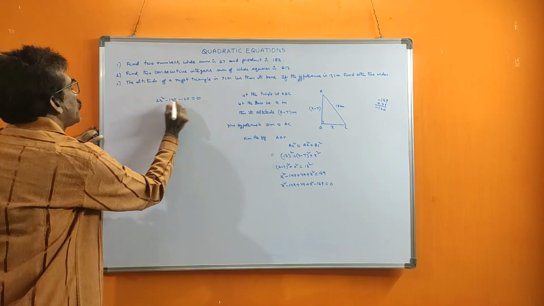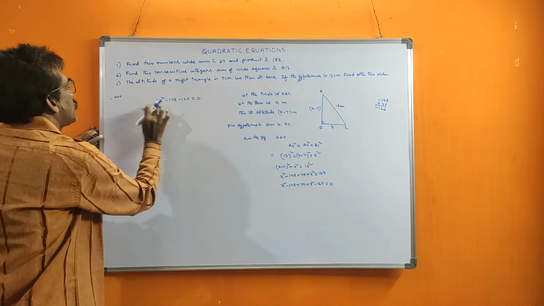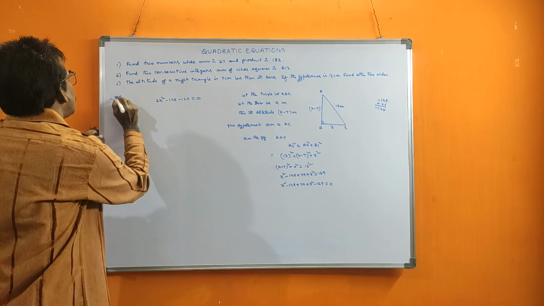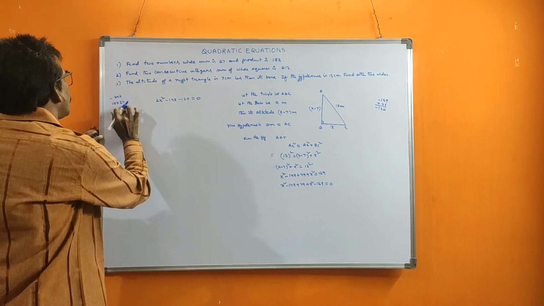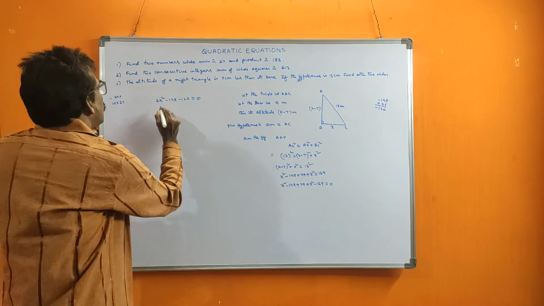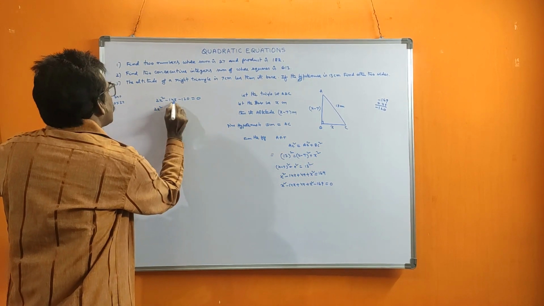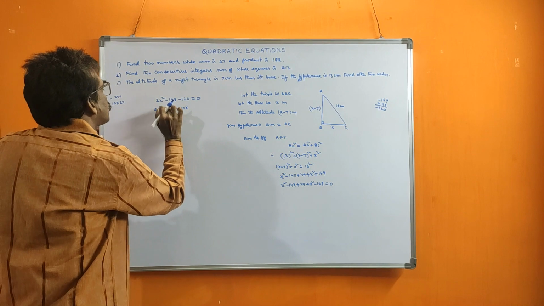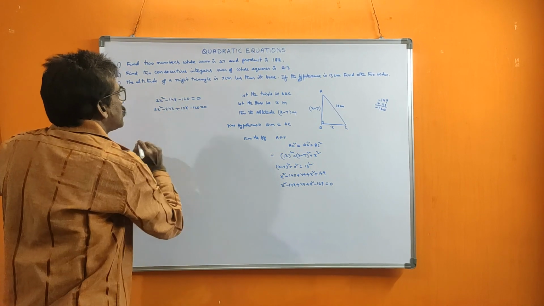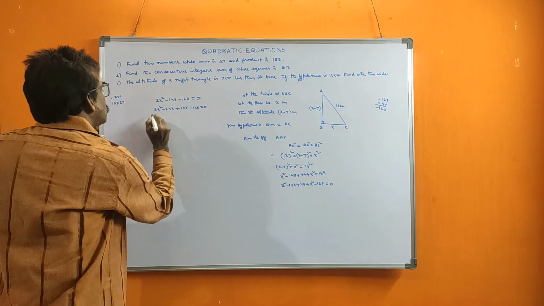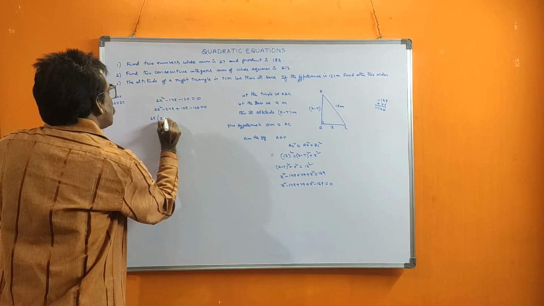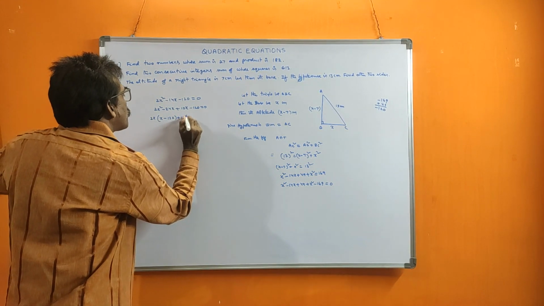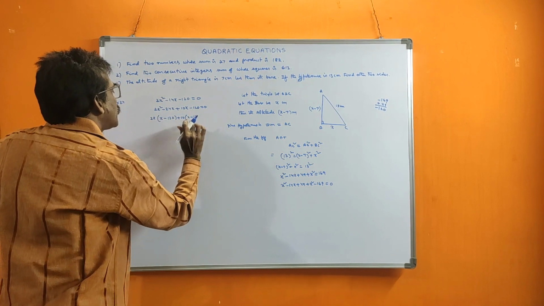Now split the middle term. 2 into 120 is 240, and we need the terms to subtract to give minus 14x. Take 10 and 24, since 24 minus 10 is 14. So 2x square minus 24x plus 10x minus 120 is equal to 0. Now take common factors: 2x common from the first two terms, leaving x minus 12, and from the last two terms 10 common, leaving x minus 12.